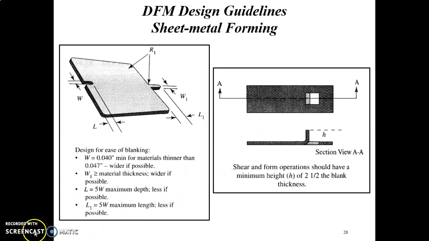Okay, so this is a type of sheet metal shearing. So shearing, what is shearing? Shear means separating material into two parts. Okay, so the form operation should have a minimum height of 2.5 times the blank thickness. So basically, this